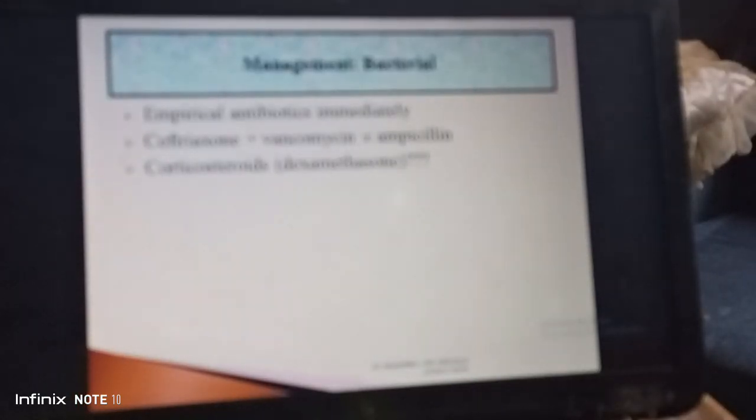So, when you come to the treatment or the management of bacterial meningitis, the mainstay of therapy